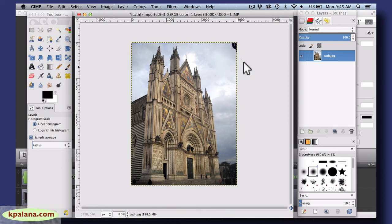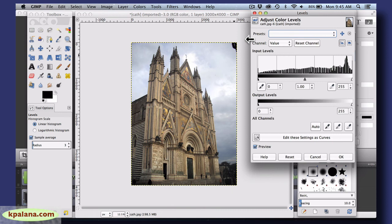So some things are easier to remove from the background than others. For example, if I wanted to remove this fresco or something from the cathedral, that would take me a bit more time. I'd have to really zoom in and work very carefully. I may choose this paint and just kind of paint over it. It really depends what you're trying to remove. So this is kind of easy to fix. So what I'm going to do is,